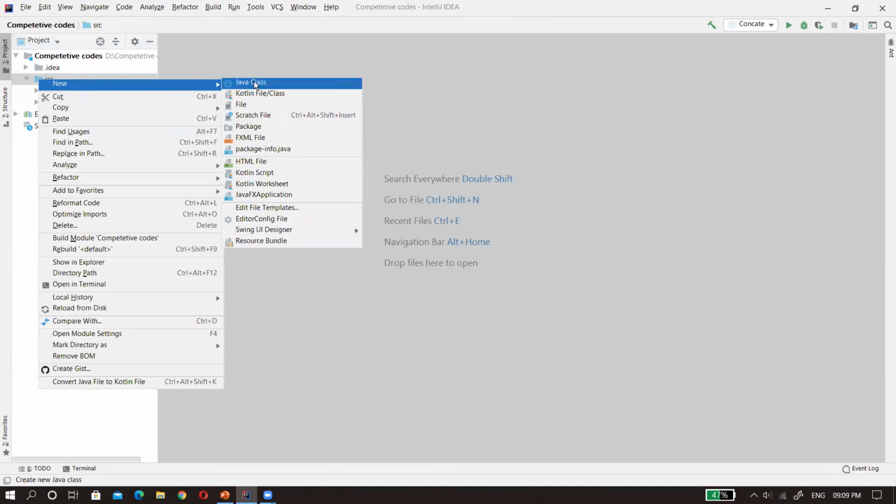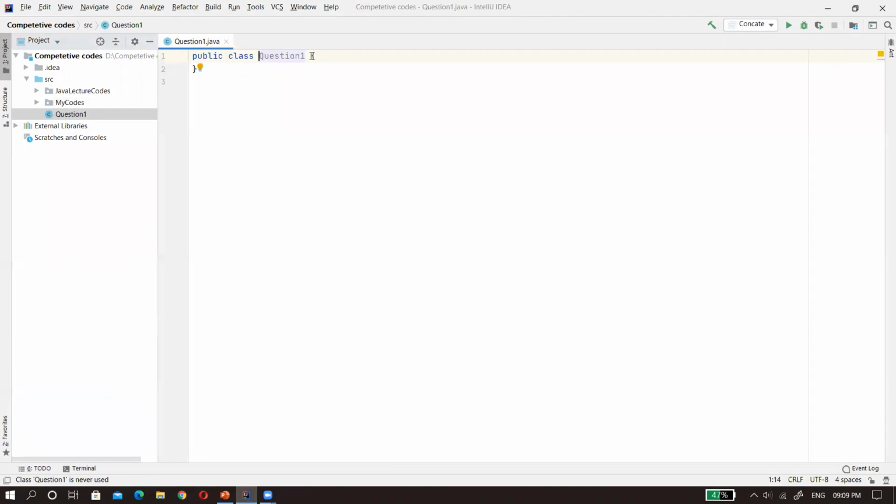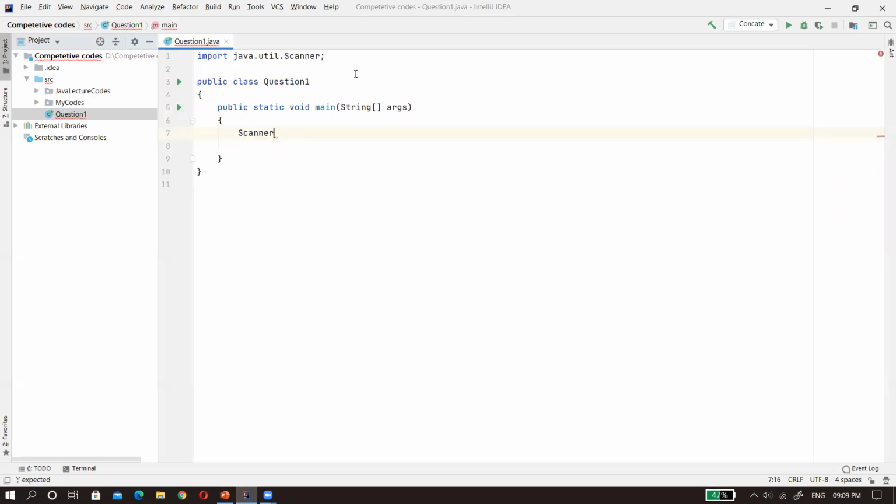Okay, so I am creating a class with the name question1. In this class, firstly I will have my main block. Inside the main block, the question is saying that we have to take a number as an input which is of integer type. For taking the number, I am using the scanner class. We know that scanner is present in the util package, so you have to write java.util.Scanner, or we can write java.util.*. You have to create the object of the scanner class and pass System.in for input support. This is the basic syntax which everyone knows, I think.